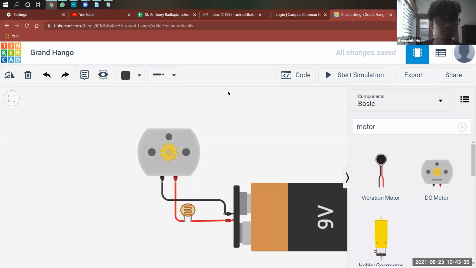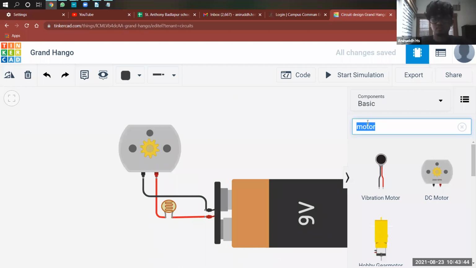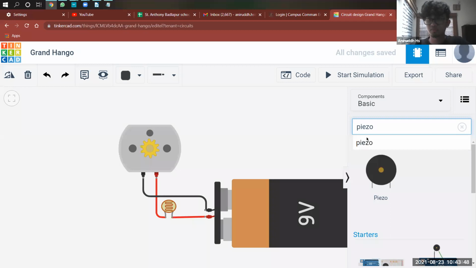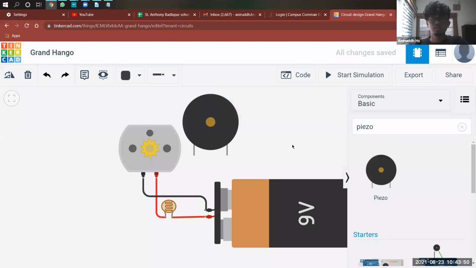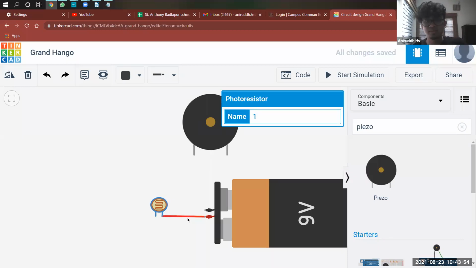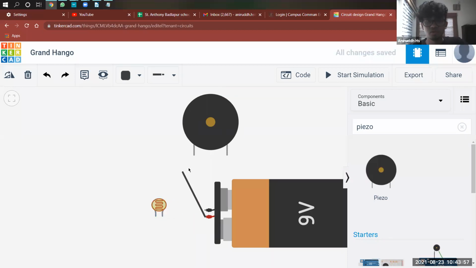Sir, can you do it with a buzzer? Arnav asks, can you do it with a buzzer? See, the thing with a buzzer, right? Okay, let's see what happens if you do it with a buzzer. Even I don't know. It's a piezo buzzer, right? So let's get the piezo buzzer, the one that's there in Tinkercad. It doesn't even work if you directly attach the battery. It needs a microcontroller to go with it.